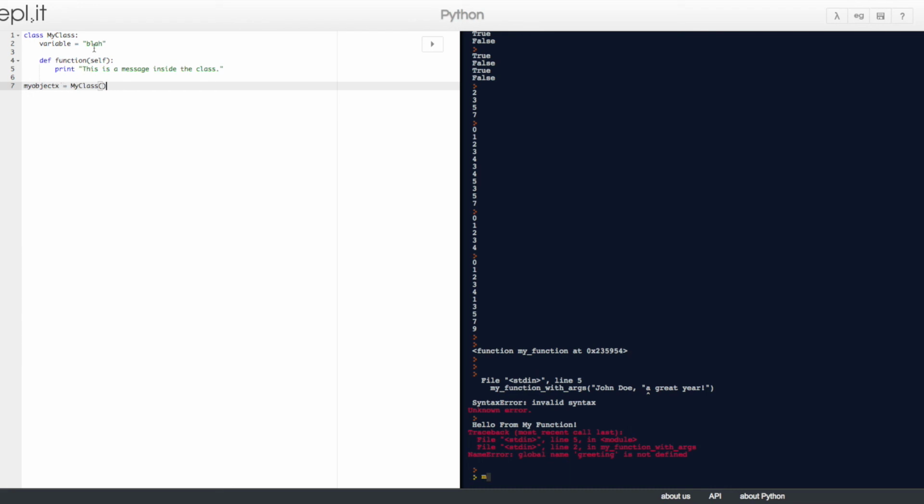The wording is a little confusing, but basically it's equal to a class that has a function in it.